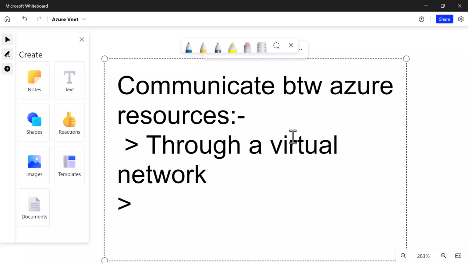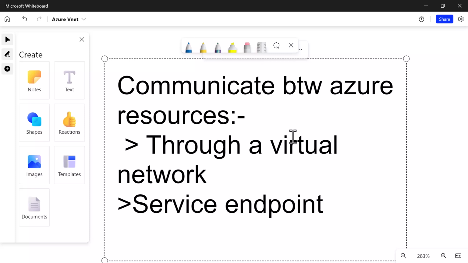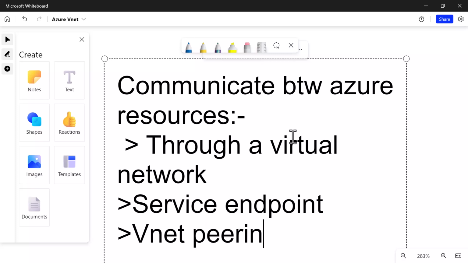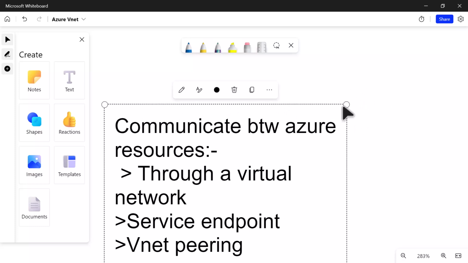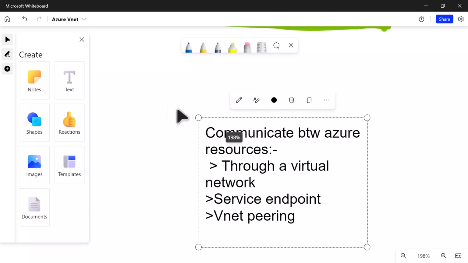Second one is through a virtual network service endpoint. Okay, and the third way is something called VNet peering. Okay, these are the three ways how we can establish communication between the resources which are there on